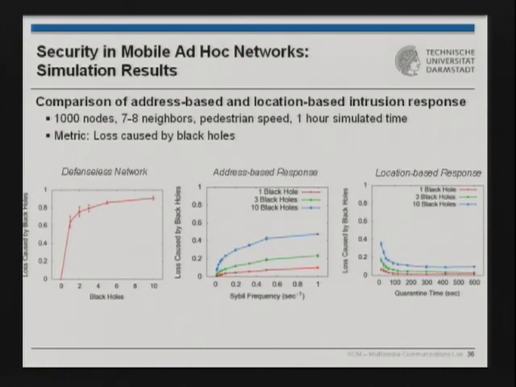We have mobility with pedestrian speed, and we have 1 hour of simulated time per parameter set. What is shown here are the results for a defenseless network when you increase the number of black holes, considering the loss that is caused by the black holes. And you can see that just one black hole in our scenario consisting of 1,000 nodes is able to attract more than 60